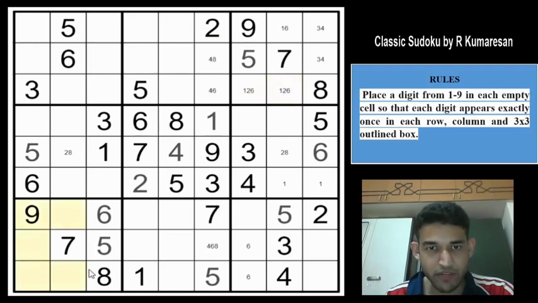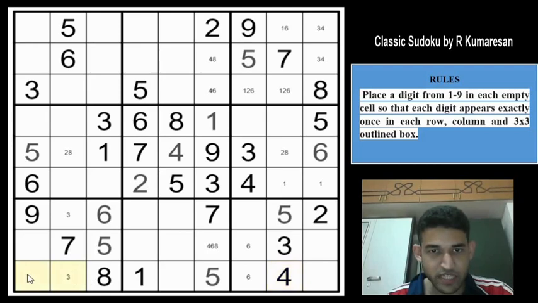Let us look at box 7 now. 5 digits are filled in. 5, 6, 8, 7 and 9 have been placed. Remaining are 1, 2, 3 and 4, right? So you can't have a 3 in column 1, which means 3 has to go in one of these two cells. And, okay. So in row 9 you have 1 and 4, right?